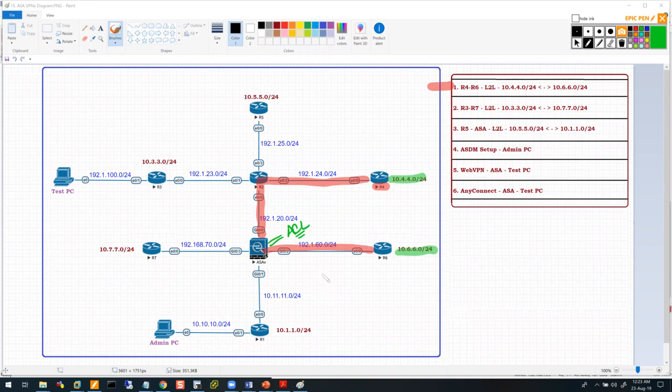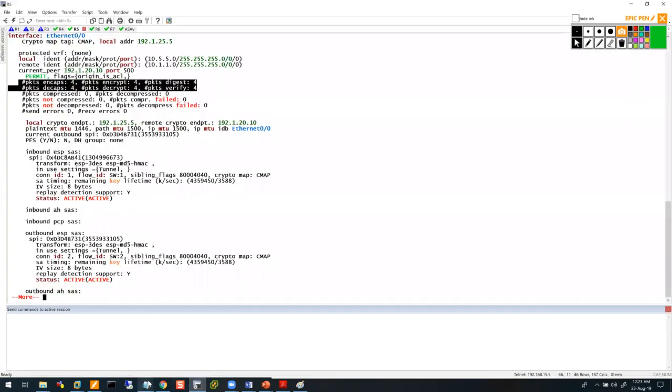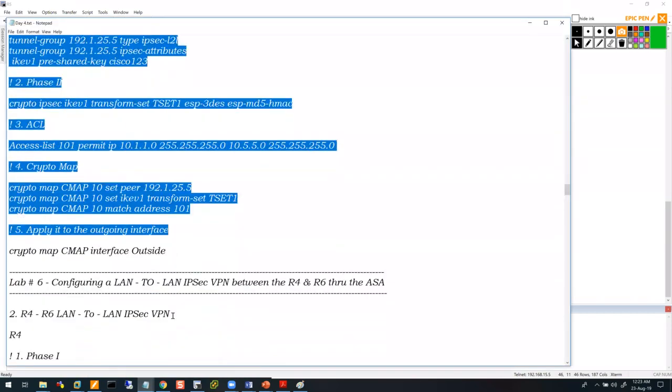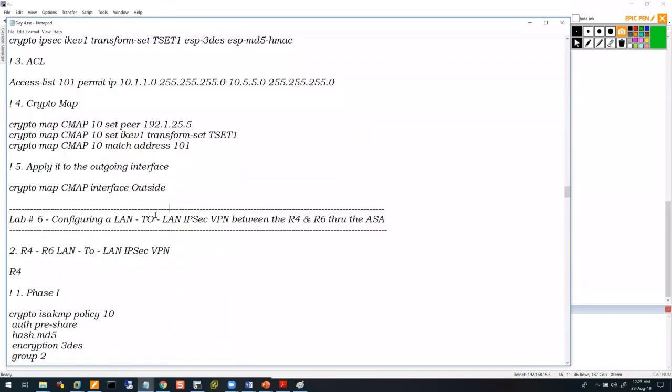So how do I do it? How do I set this tunnel up? Let's set the tunnel up and then we'll open the entries. And that is what this lab is all about. Lab 6, configuring a LAN to LAN tunnel between what? R4 to R6 through the ASA firewall. So